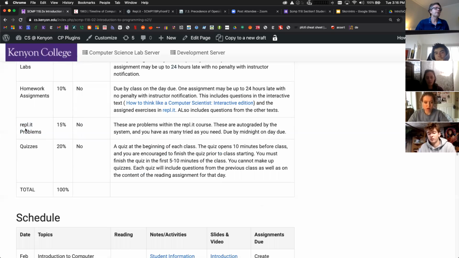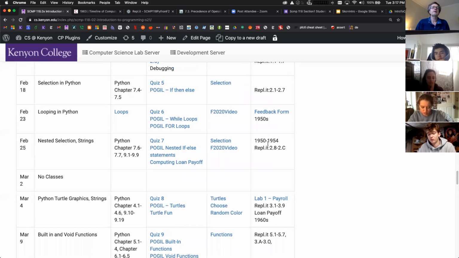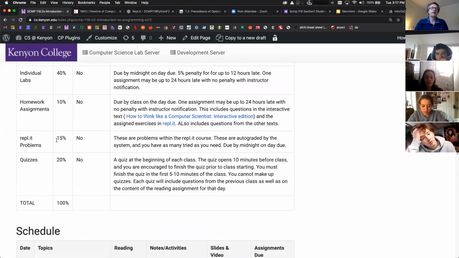Now, the unfortunate thing about this is they recently changed REPL, and it used to have the times when they were due inside of the program, and they took that away, and I'm really upset about that. But you'll see in here REPL problems in the calendar, and you're expected to do it by midnight on that day. Again, I realize you don't know what a lot of these things are, but I'm going to be showing you this over today and Thursday.